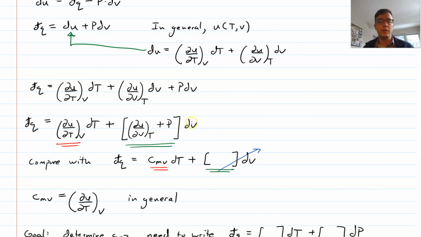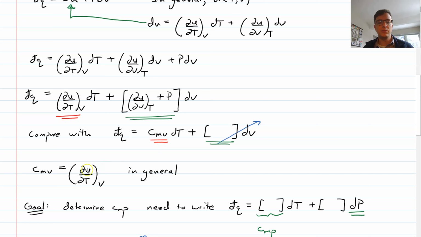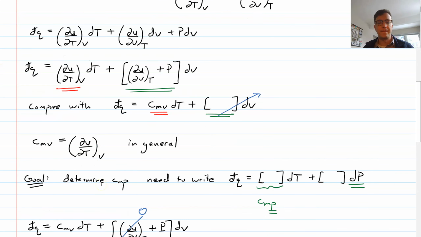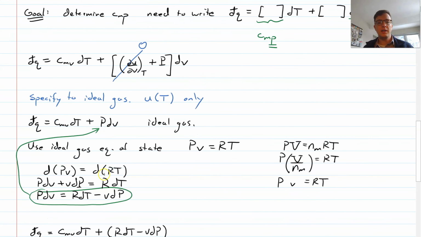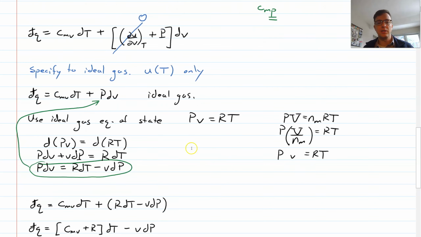And I was able to use this to read off the specific heat under these particular conditions. If the volume is fixed, the molar specific heat is dU/dT at constant V. I specified to an ideal gas, so I could cross off this term. It's more complicated if it's not an ideal gas. I cross off this term, and then I use the ideal gas equation of state, PV equals RT, to write